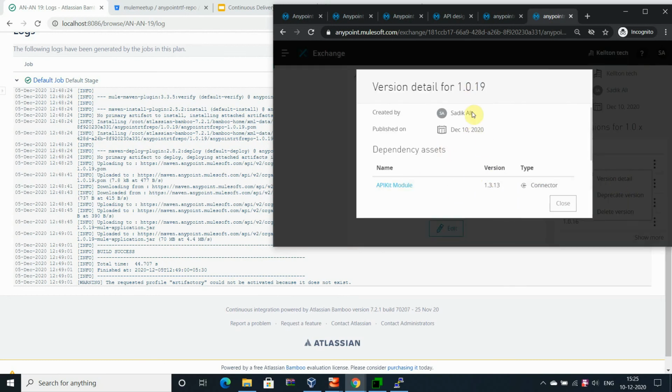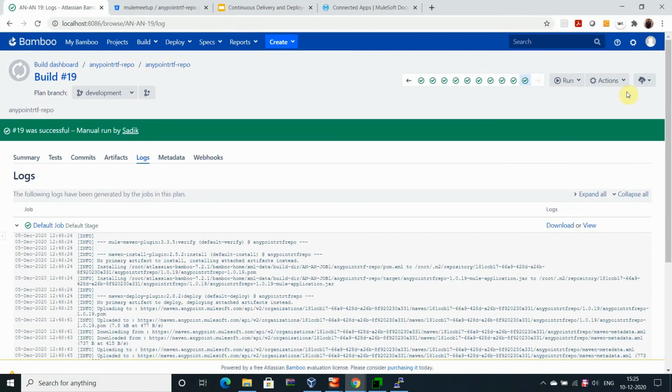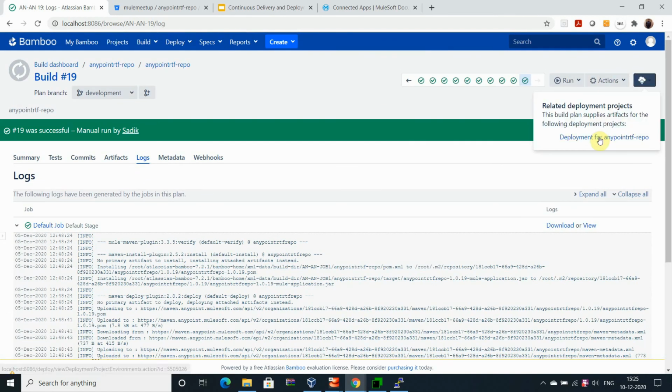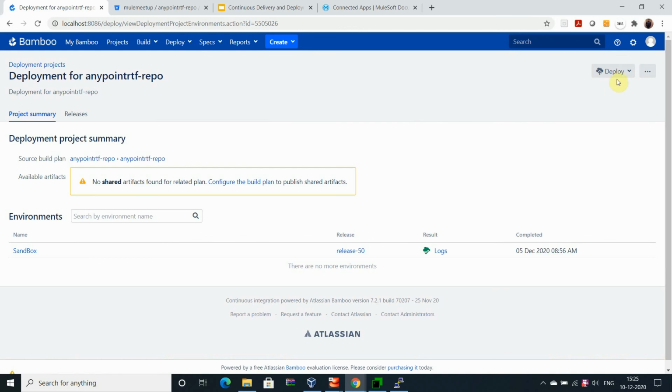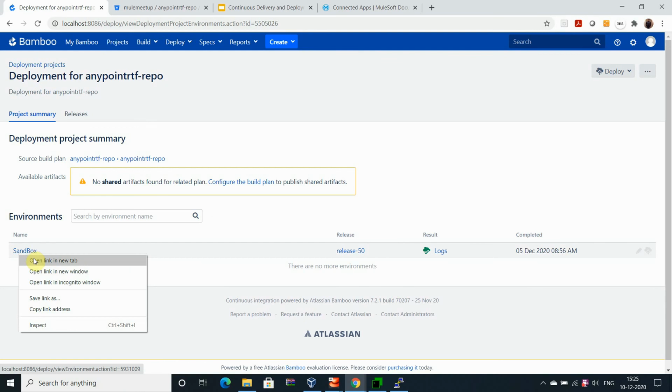Now what is the next? Once the new updated change has been uploaded to Exchange, I have to deploy the application again on the runtime environment. This is runtime. I am using runtime 5 right now. So the deployment steps, sandbox, I am using, as I explained all the steps. The sandbox steps I have explained.